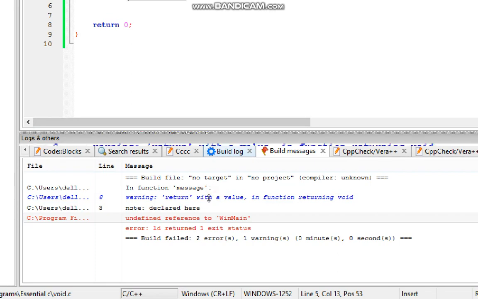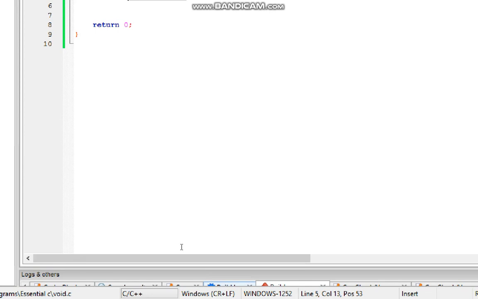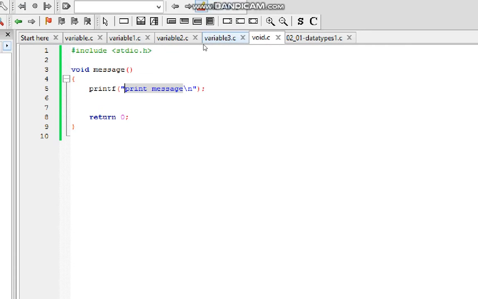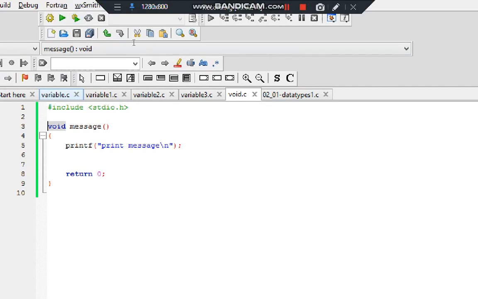So what if I just want to print that message to the output, to the console? What do I do? I still want to print this to the console. Void cannot print this because void does not return a value. So if I want to print this, what I will need to do,